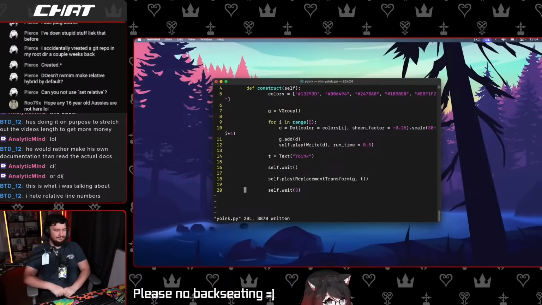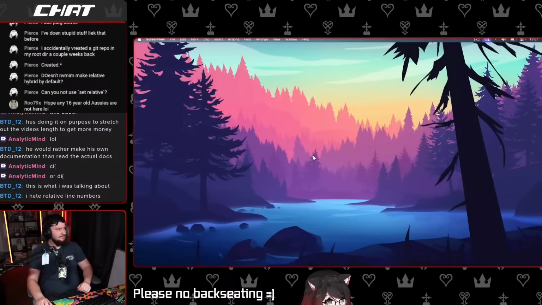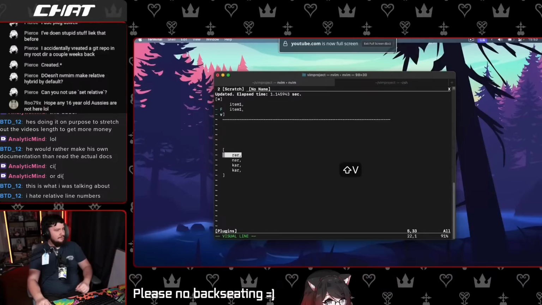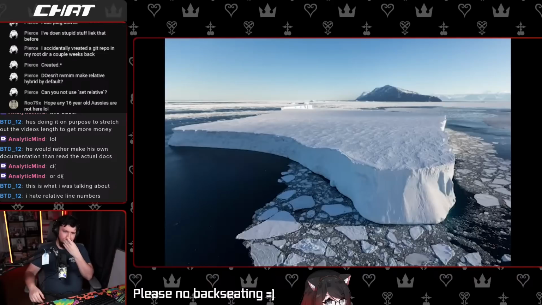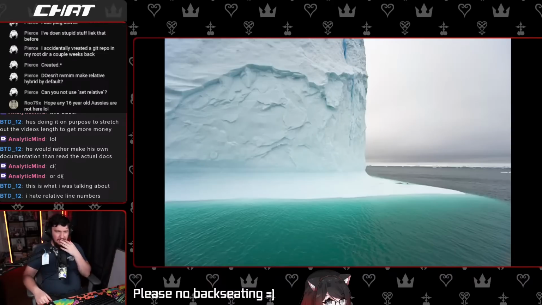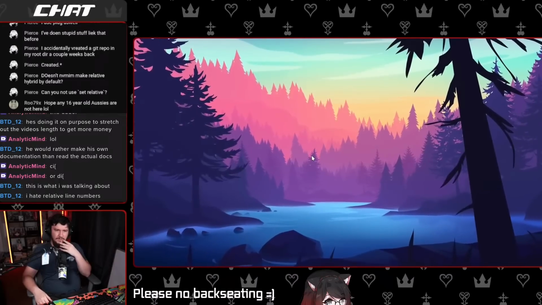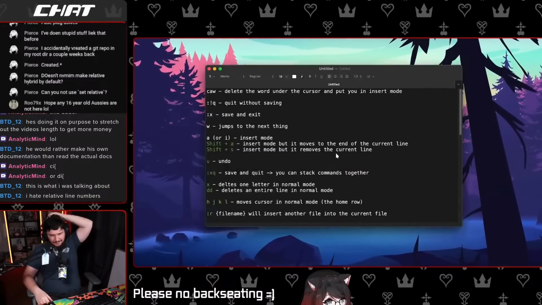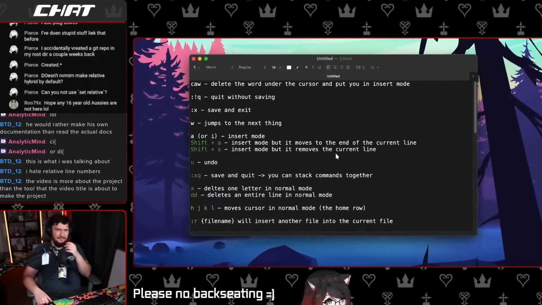Now, obviously, I'm still a complete noob. Well, I would say that's the experience of what I'm doing. I'm also extremely slow with it, but I can definitely see how it can become an insanely fast text editor or code editor for someone, because there's so many commands and keyboard shortcuts that can get things done without even having to move your hand to another place on the keyboard, let alone your mouse. But there's a steep, very steep learning curve in the beginning. If you've been using Visual Studio Code, then reprogramming your brain to use Vim is definitely going to take some time. And from what it seems like, the keyboard shortcuts that I have written down here don't even scratch the surface of what you can do with Vim.